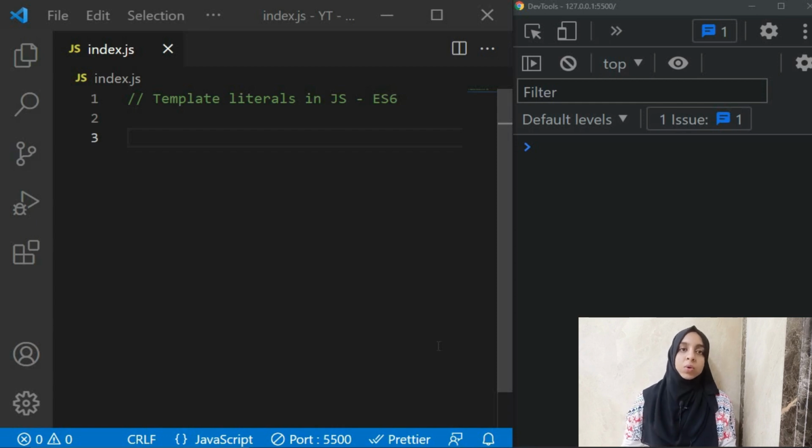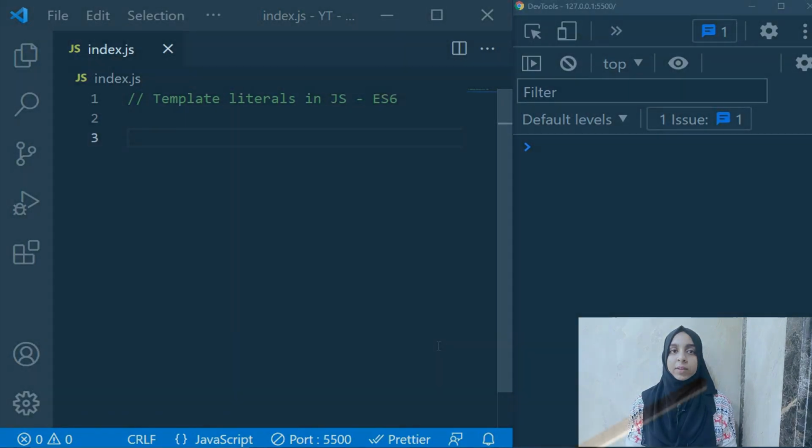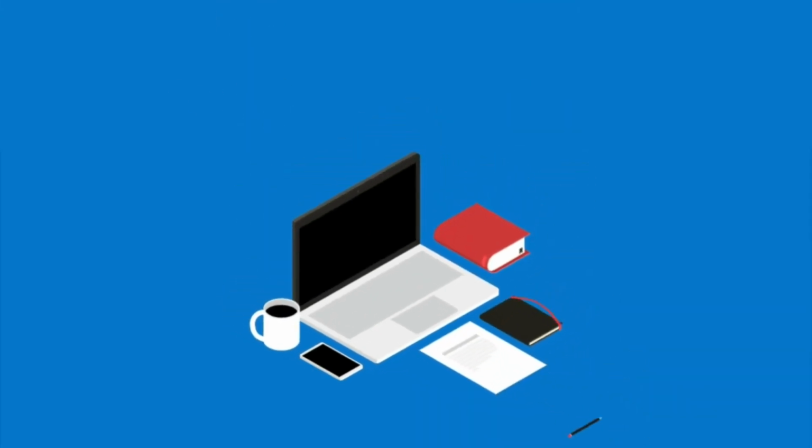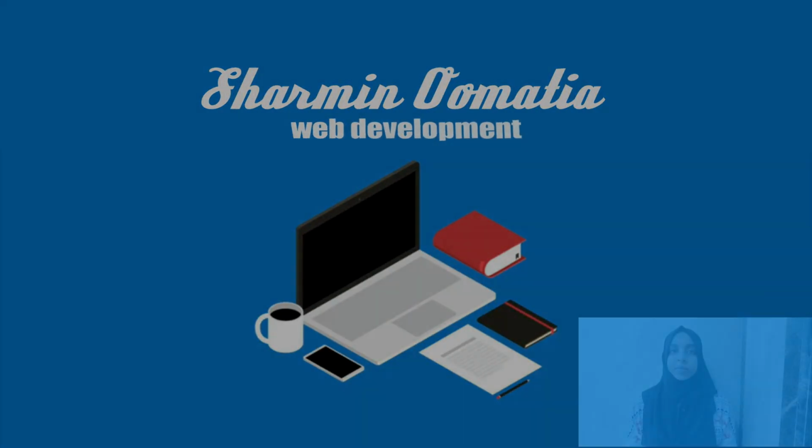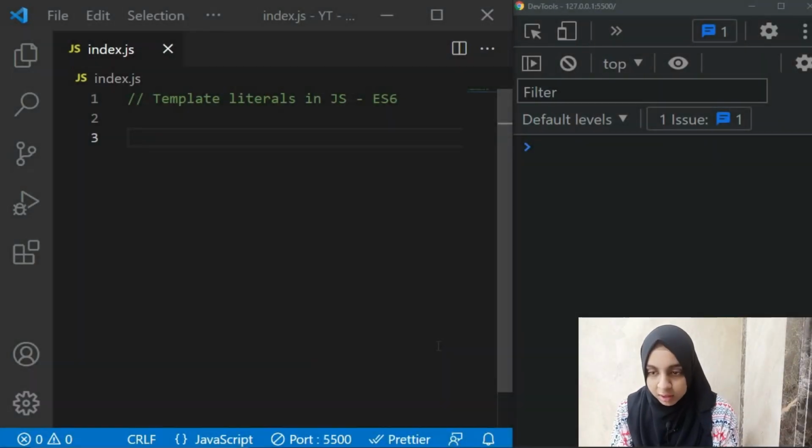Okay, so let's go to VS Code and see how exactly you can use template literals and what are the advantages of template literals. Without wasting time, let's see how you can use template literals. So yeah, these are your backticks.